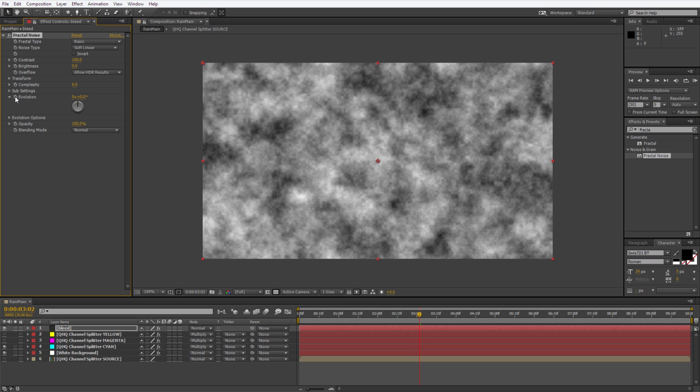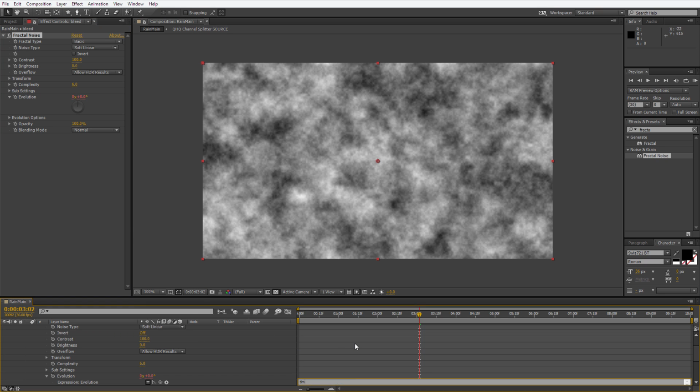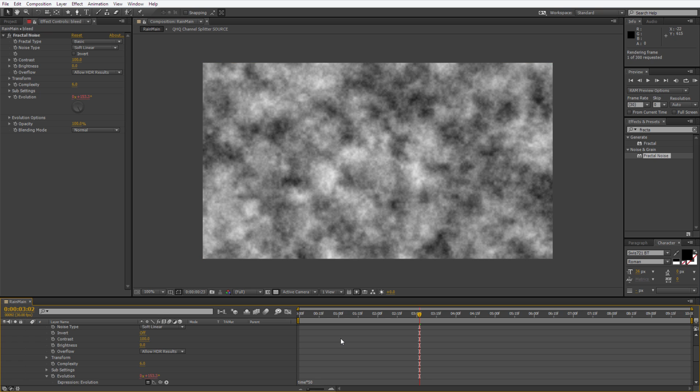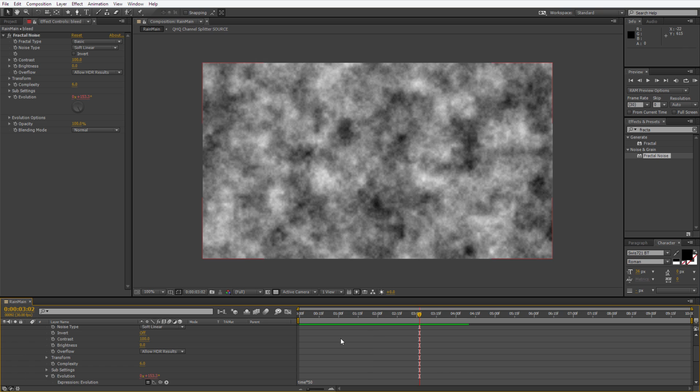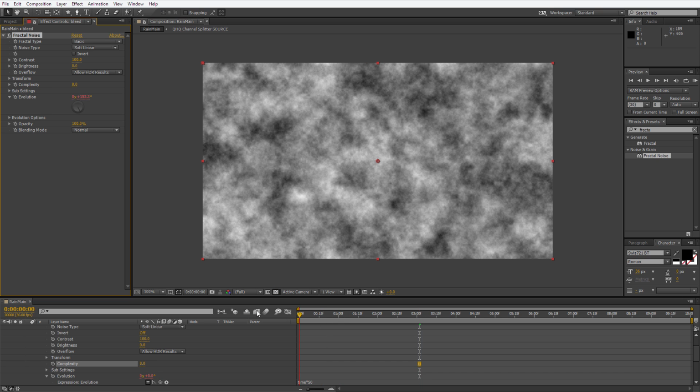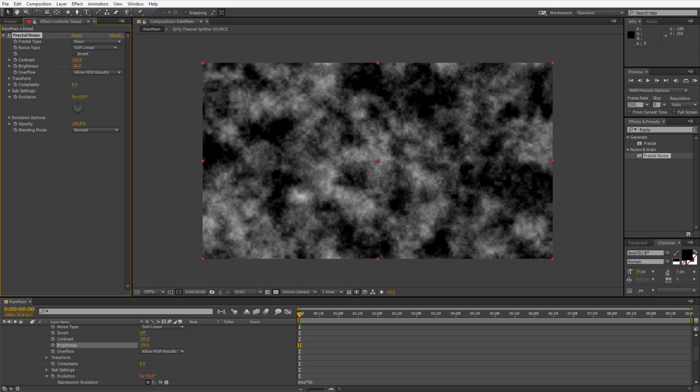Maybe give it some automatic evolution, time times 50. Just make sure that it doesn't go too fast. This is fairly good. Maybe increase the complexity just a little bit to give it more grain, and then fade it from white to black, right? So I'm gonna increase the contrast just a little bit so it's a bit stronger, and then go from